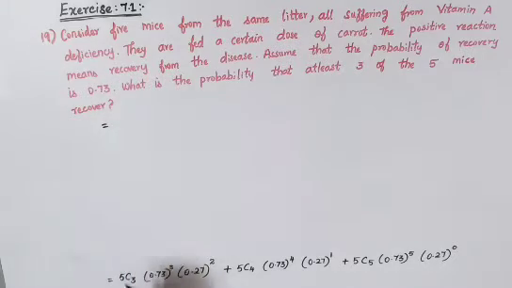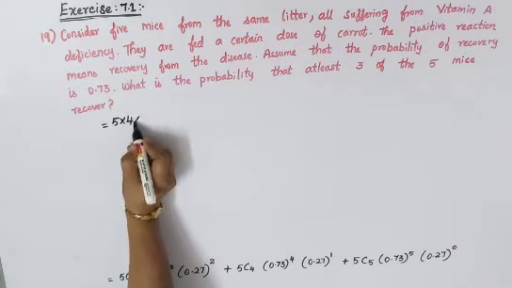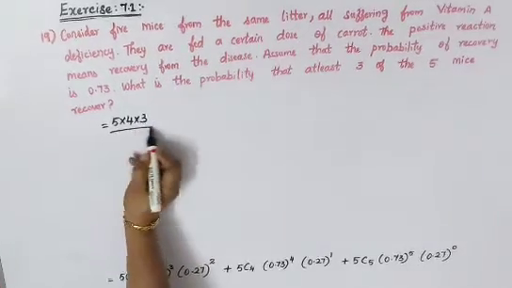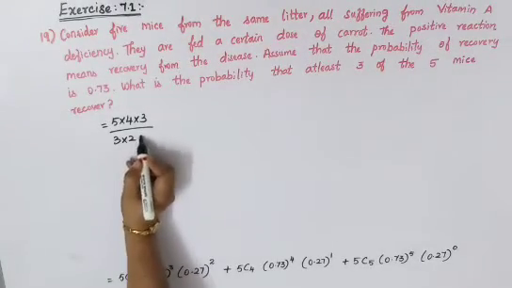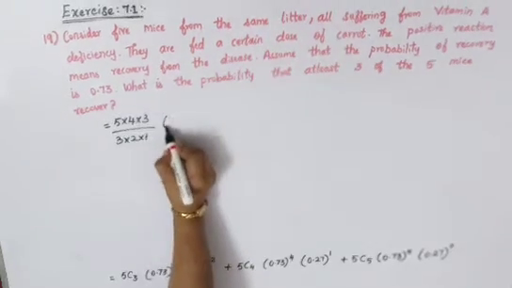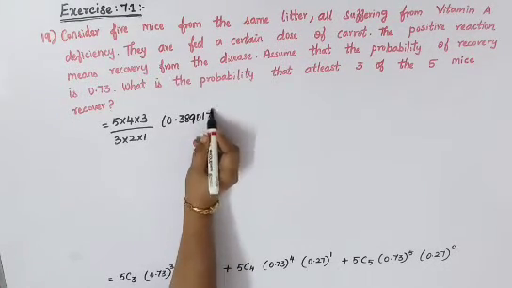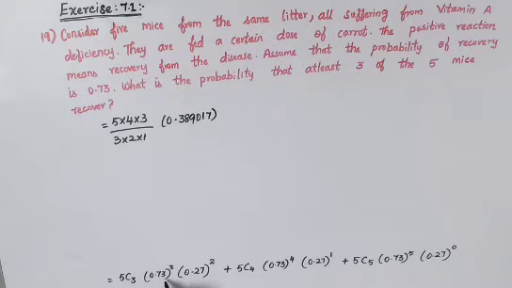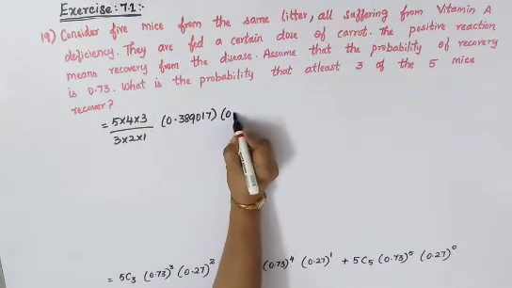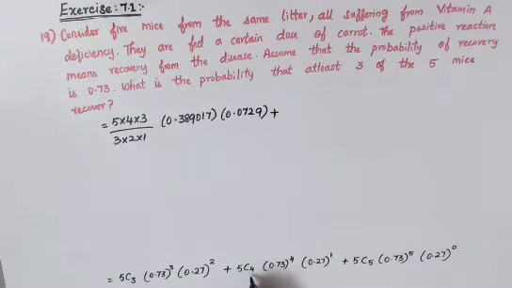So which is equal to, you have got 5C3. So expanding you will get 5 into 4 into 3, because 3 numbers, divided by starting with 3, 3 into 2 into 1, into 0.73 the whole cube. Your answer will be 0.389017. You can use your calculator and multiply 0.73 three times, you will get that answer. Okay. Next is 0.27 the whole square. So the answer will be 0.0729